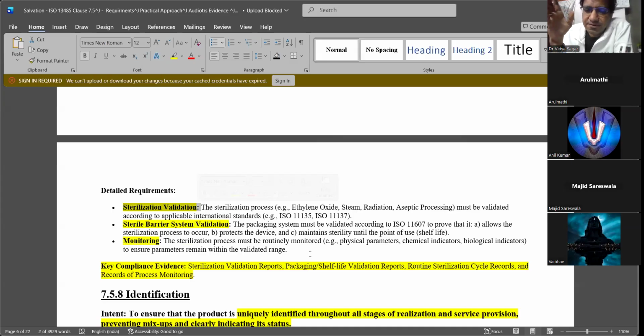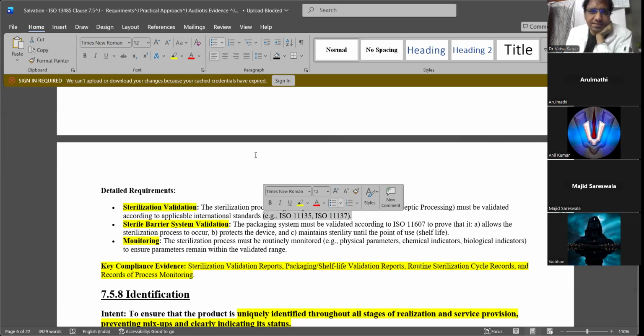Even steam like autoclaving, radiation, gamma radiation, how much dose you need to give. We call it mapping of the radiation, or dose mapping. All this you need to validate. There are standards. Don't do as you like.